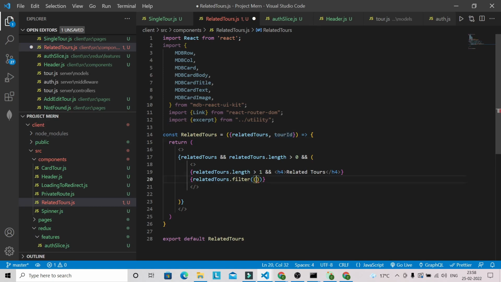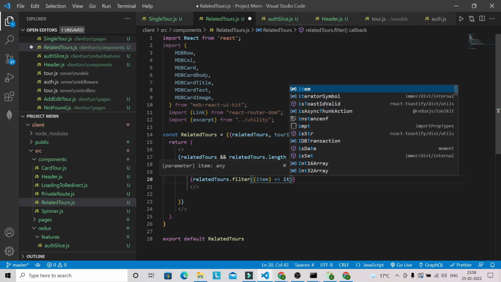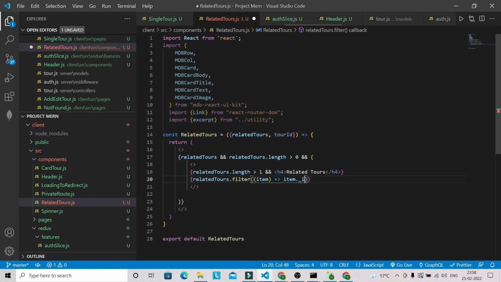So here we are just doing a filtering. So item dot underscore ID, if it's not matching with the current tour ID, then we can basically remove all those tours. Okay, so if item dot ID is not matched with the tour ID, then we are displaying the different tours under the related tour section. After that I wanted to show only 3 tours. The API returned more than 3 tours, so we just want to display 3 tours under the related tour section. So we can use the splice method here,